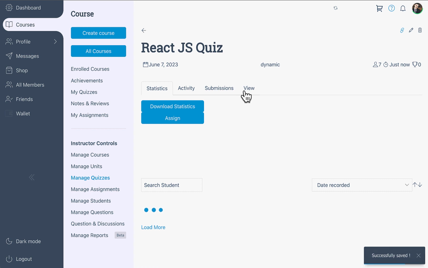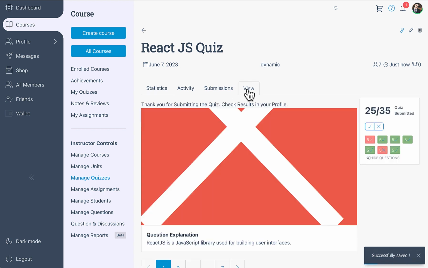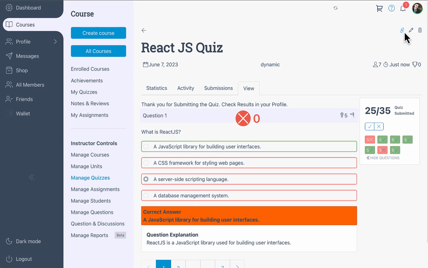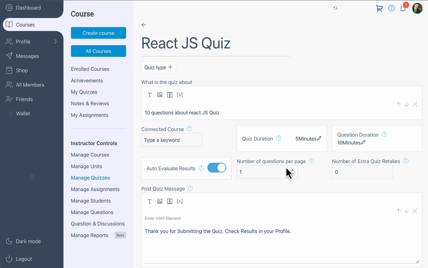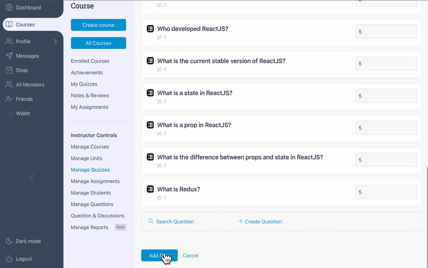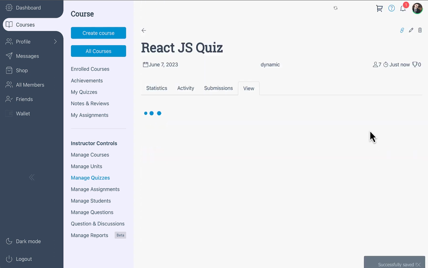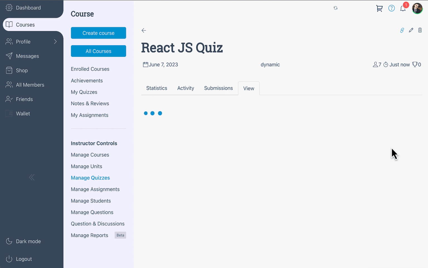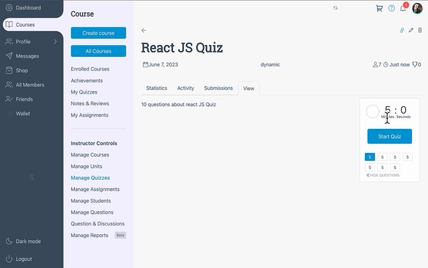Right, once the quiz is saved, we can view this quiz, and since this is already attempted, I'm going to increase the number of retakes. So I'll just increase this, and now we see the retake button, and now we're going to retake this quiz. Once the quiz is retaken, you can see we have an overall 5 minutes to complete this quiz. And when we start this quiz,